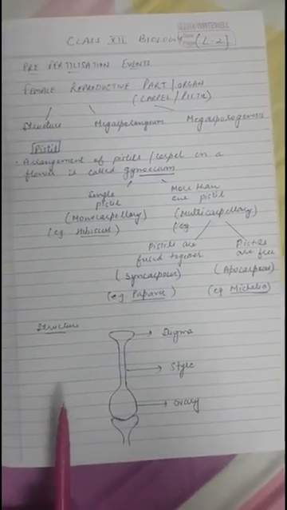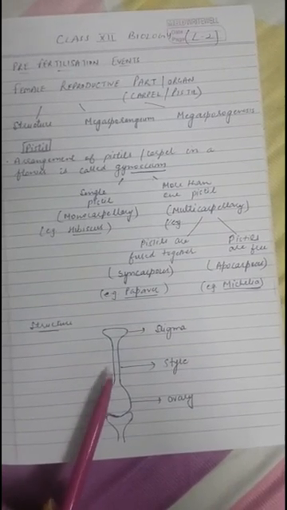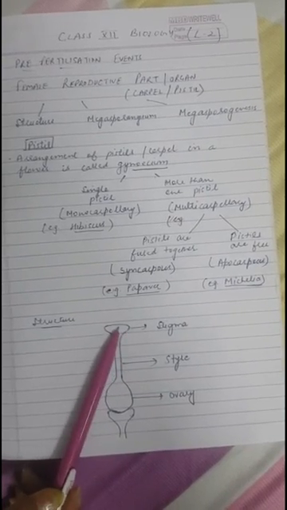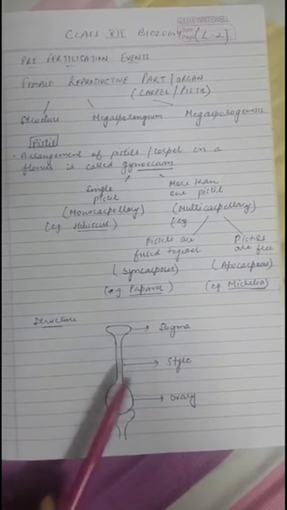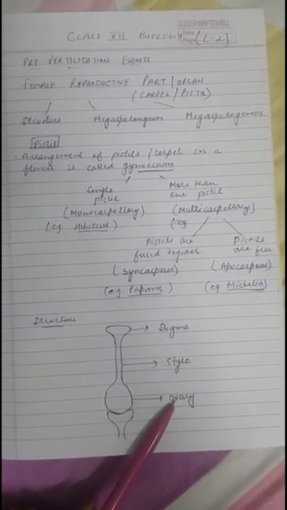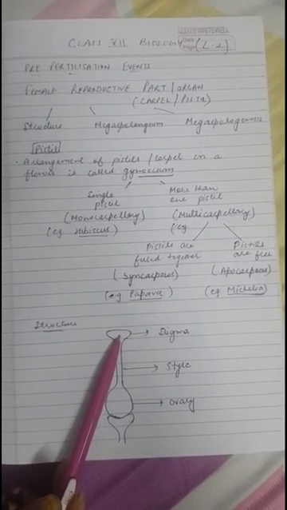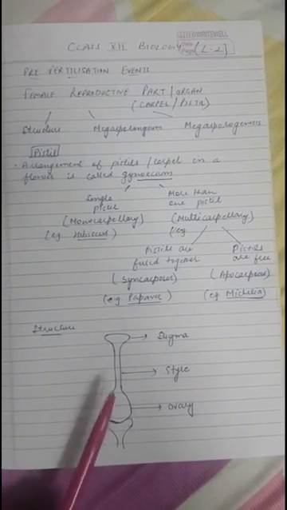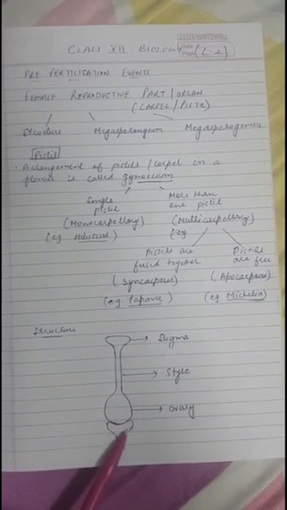Now let us see the structure of the carpel. As we have already discussed, it is made up of three parts. The upper one, which has a platform-like structure, is called the stigma. The central stalk-like structure is called the style, and the lowermost bulged structure is called the ovary. The stigma is for collecting the pollen grains. The style is the connection between the stigma and the ovary, and the ovary is the part which is attached to the thalamus.